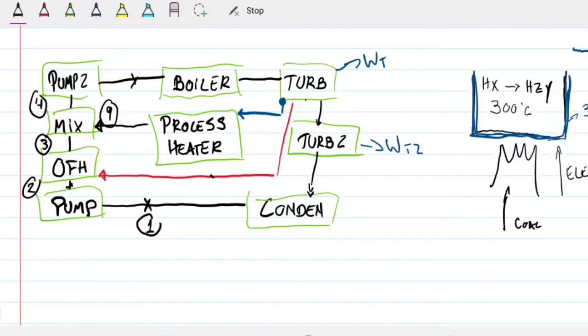And it's all the same temperature, all the same pressure, so it's all the same properties. After it leaves this mixing chamber, it goes through the second pump, and then we're going to have another state because we just increased the pressure. And after the boiler, we're going to have another state because we just made it all steam, right? And then once we leave our turbine, we're going to have state 7, which is steam leaving the turbine over here. And just before this, since we go through another turbine over here, we're going to have another state